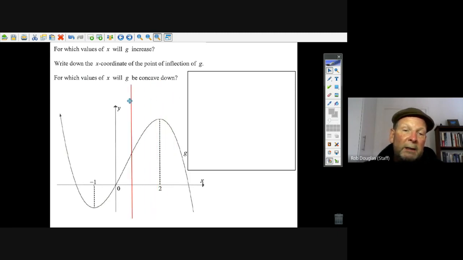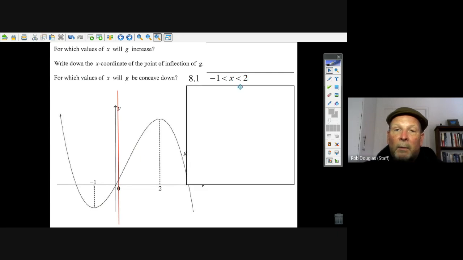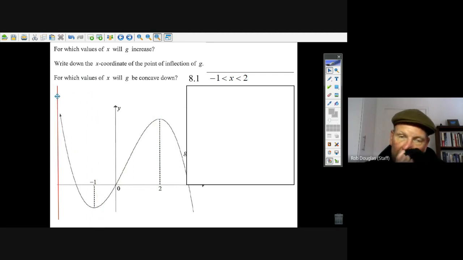Where the gradient is positive, in between -1 and 2, that's where it's increasing. And that's why that's the answer. Where does it increase? When x is less than 2, but greater than -1. I like this little vertical line. It helps me figure things out. Now,